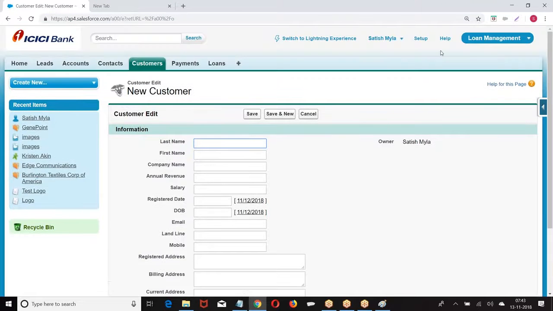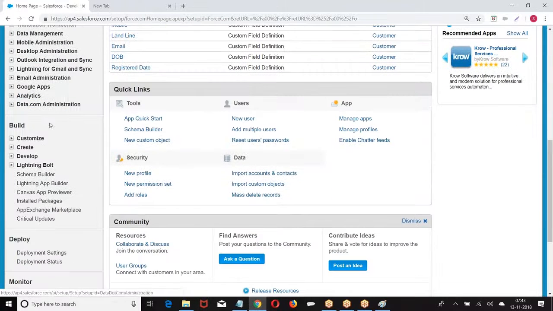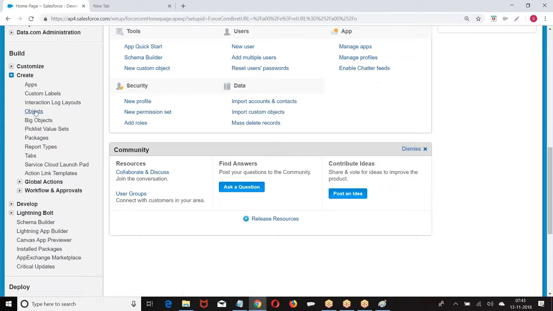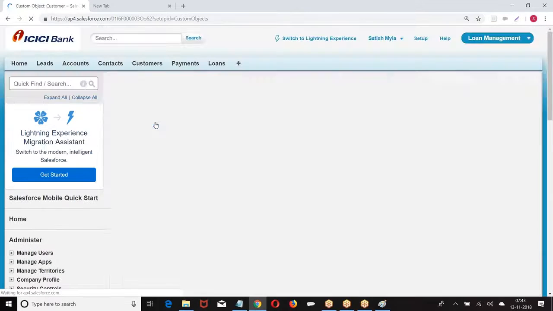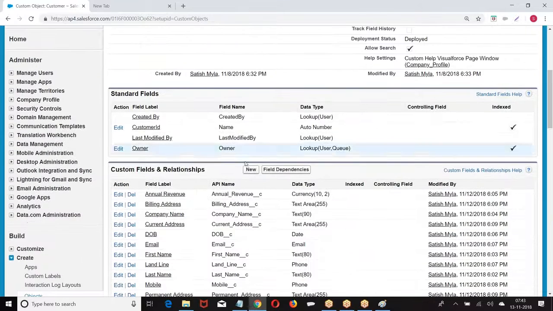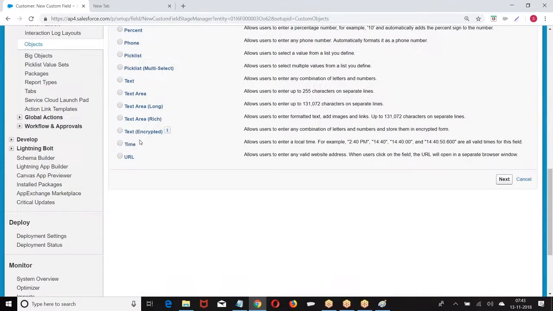Now we'll go to setup, build, create, objects, new, text encrypted.